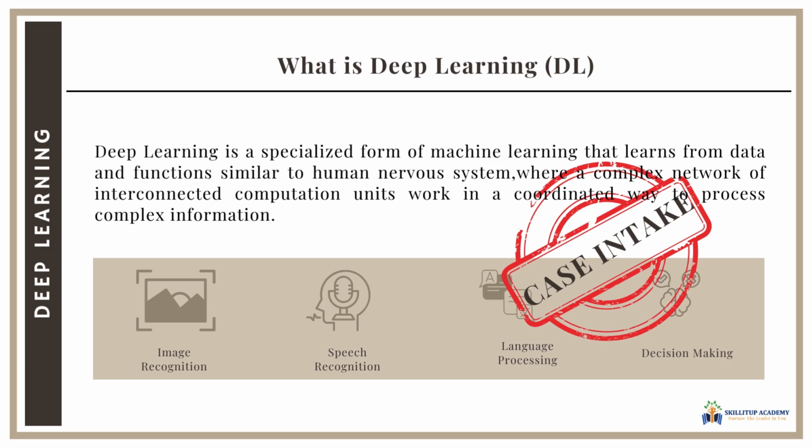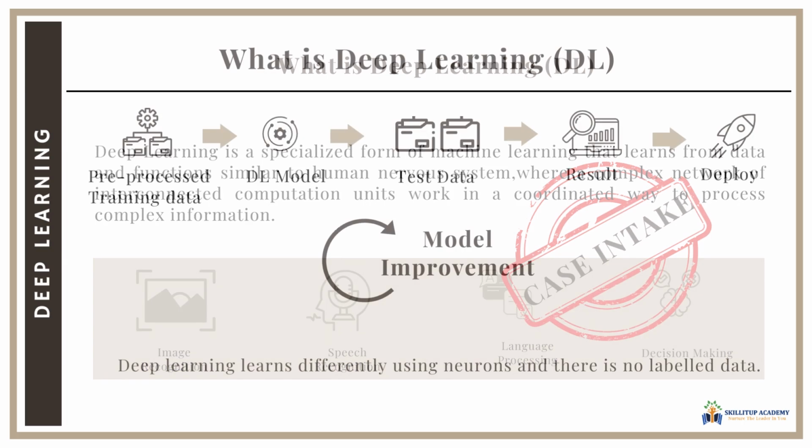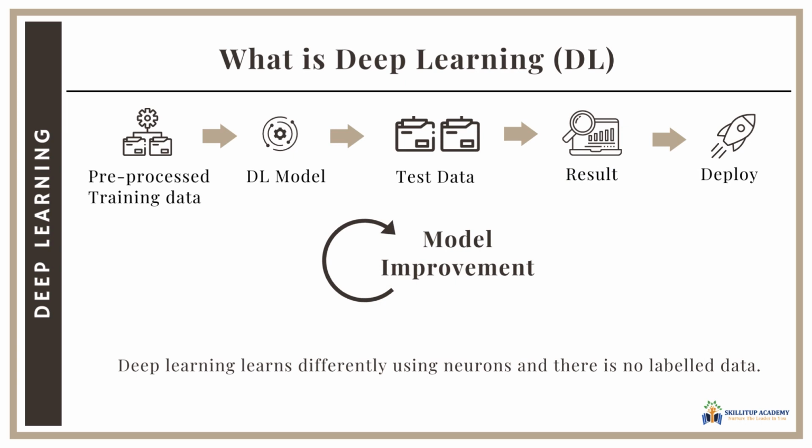pool of data. Deep learning is a type of machine learning, and this will follow the regular pipeline for building the model. This means the training data can be pre-processed, used for training the model, tested, validated, and deployed to production. Of course, this goes through the improvement cycle. It is true that it learns from data. However, the data is not labeled. It learns by discovering data patterns or trends.